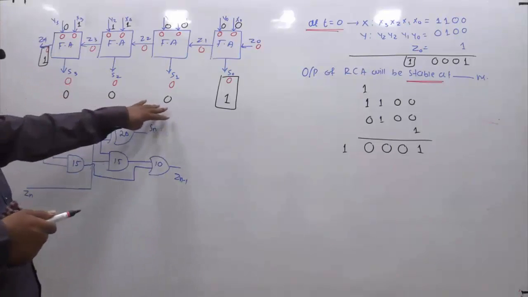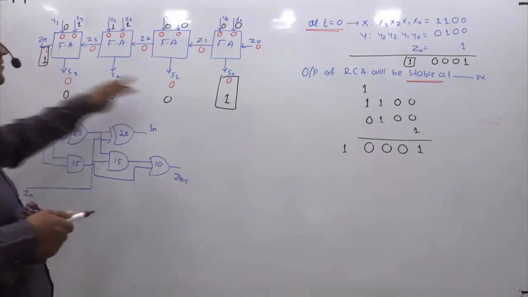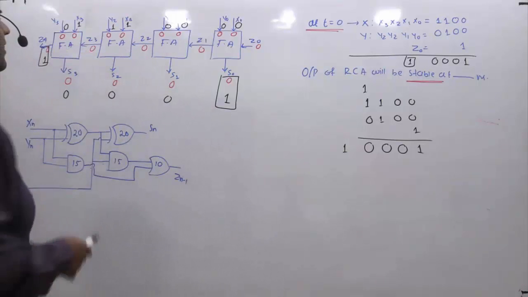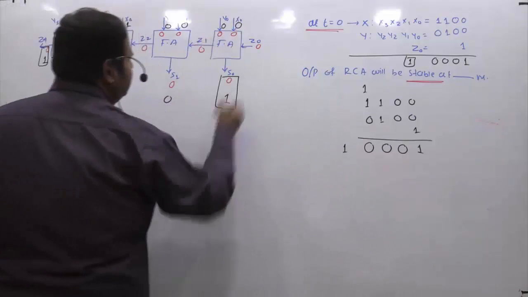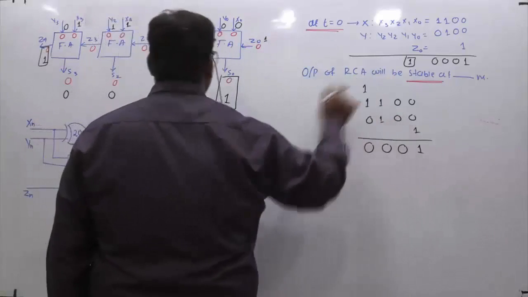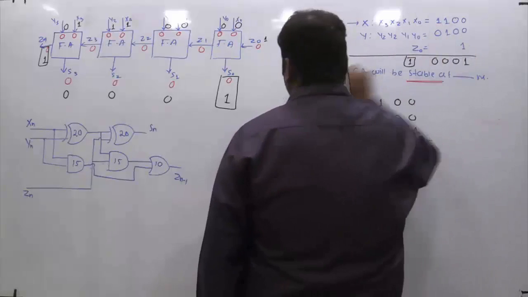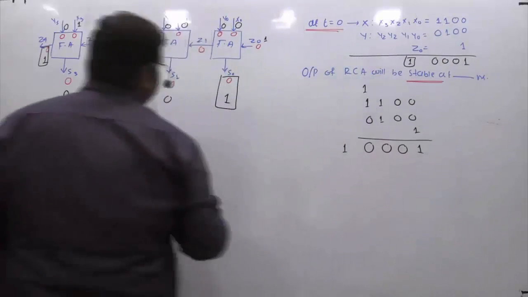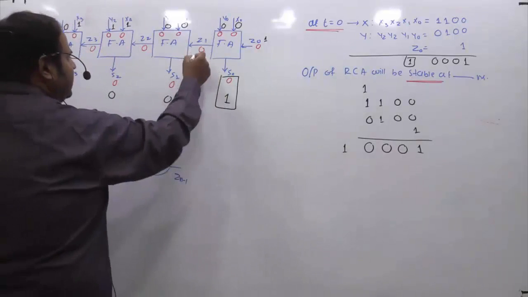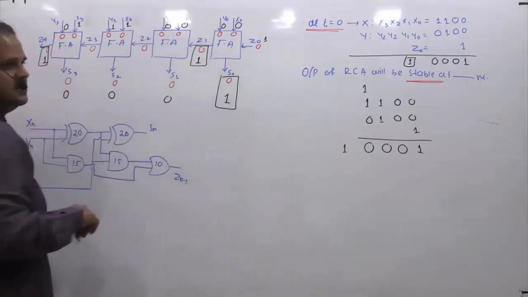The black color pen is what I have written, and these are the final values, which are also there in the initial case. But you are observing some change here and here. We also have to see what changes we get on the carry. Now see, if you add 0 0 and this Z0, which is given as 1, at t equal to 0 you are making x3, x2, x1 and y's 0 and Z0 is 1. If you are adding 0 0 1, obviously you are going to get a change here. So I am putting a box here.